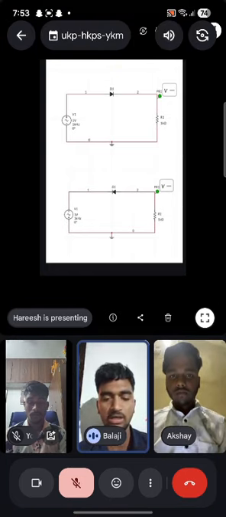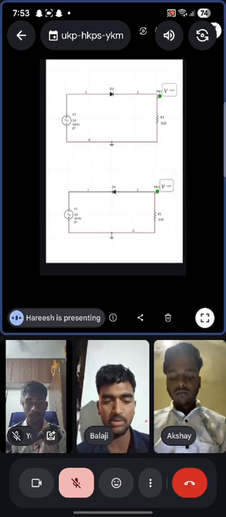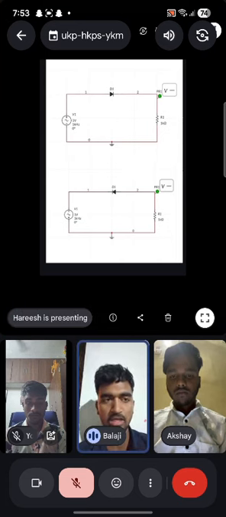It is largely eliminated and a large current flows through the diode. The majority carriers are now able to easily cross